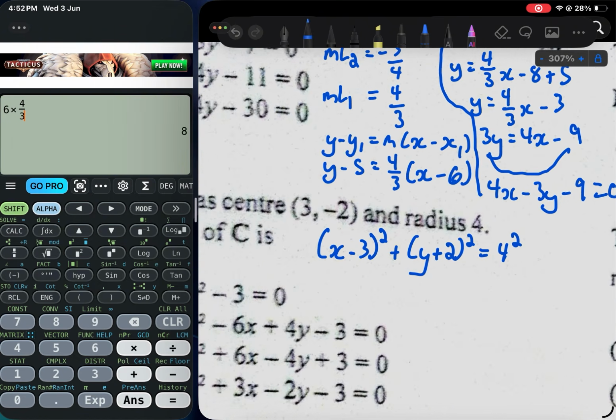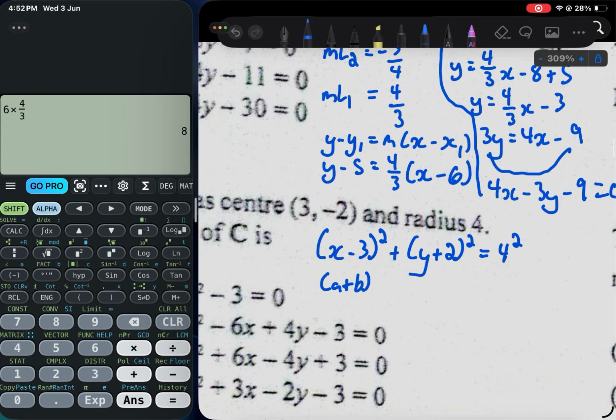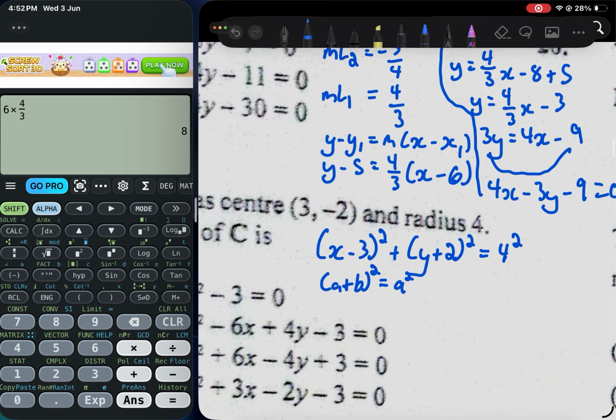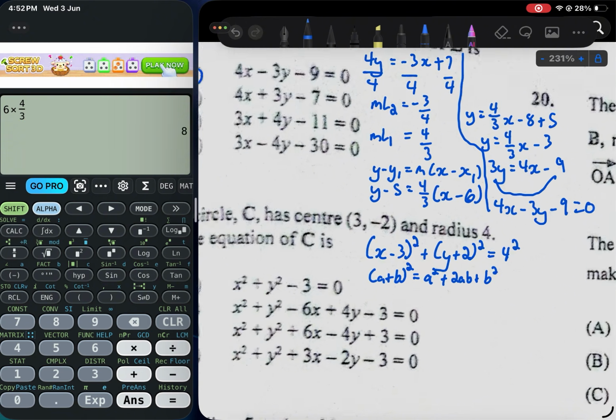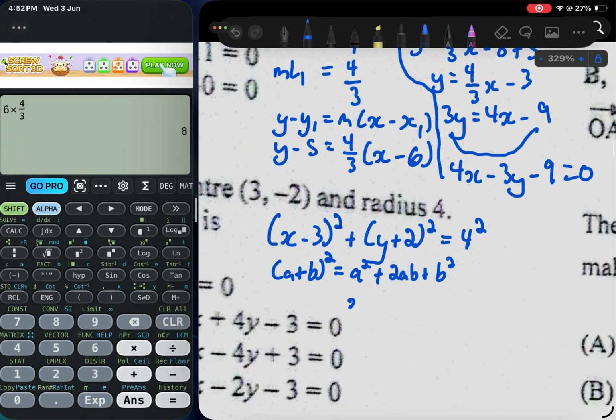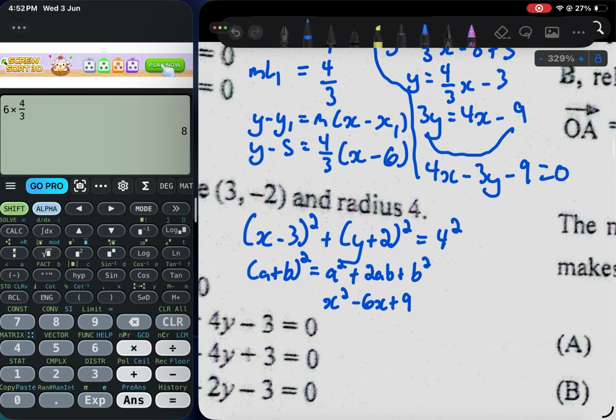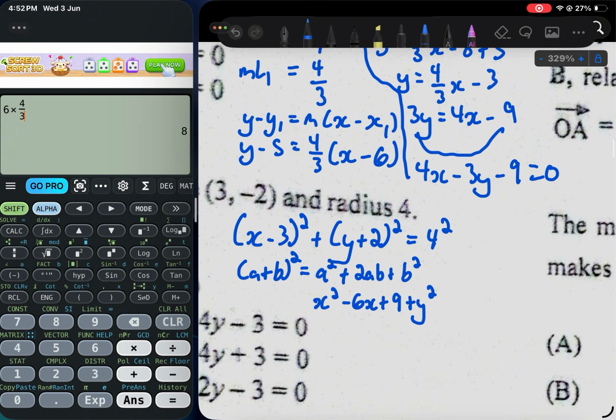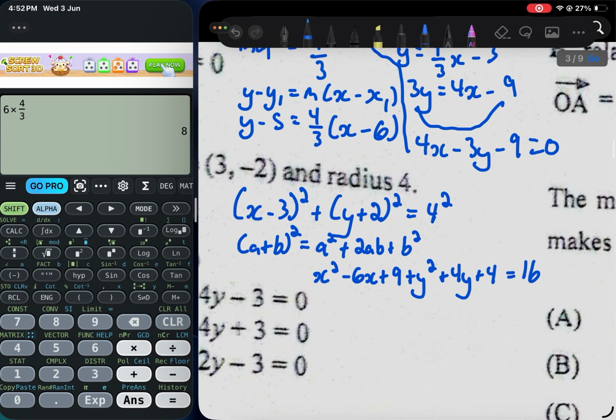And recall that (a plus b) squared is the same as a squared plus 2ab plus b squared. So when we expand this, we'll get x squared minus 6x plus 9 plus y squared plus 4y plus 4 is equal to 16. Then once we simplify this, we're getting x squared minus 6x